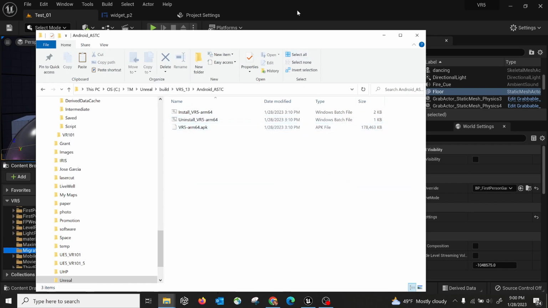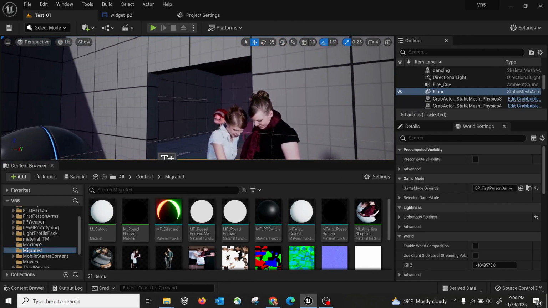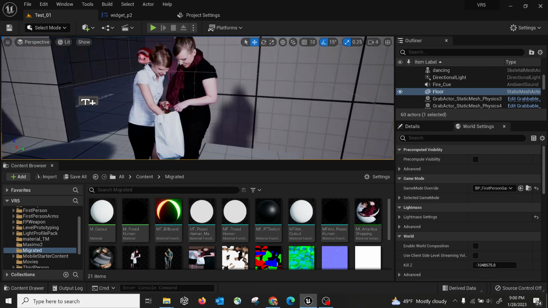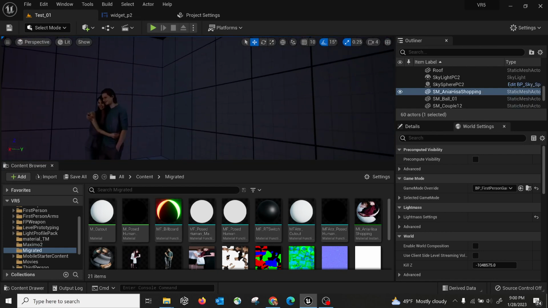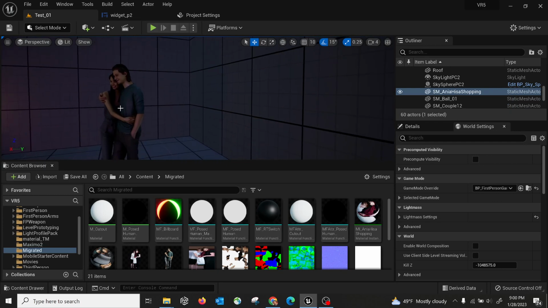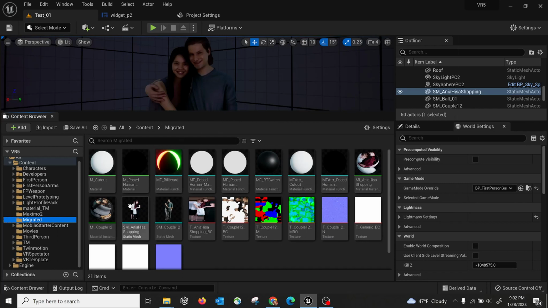But I think you can decide if this is worth it or not. In my opinion, if you have a large crowd, you should do the cutout. But if you don't have a pose character really close to the camera, then you can take the 3D one. And also, just to clarify, if you really look at the Migrated folder, it's not just about these shaders and